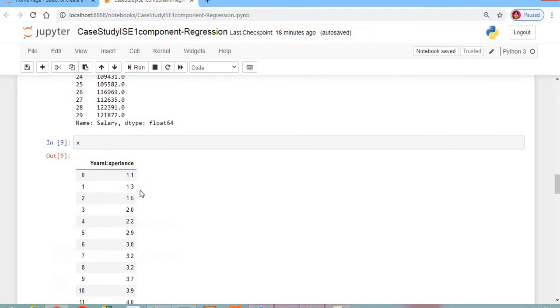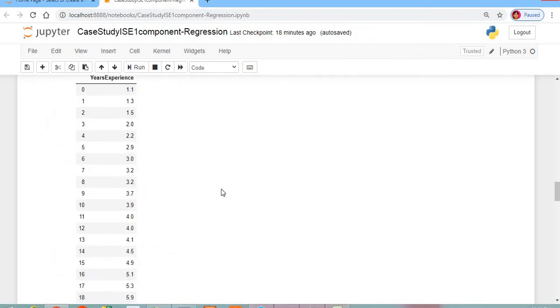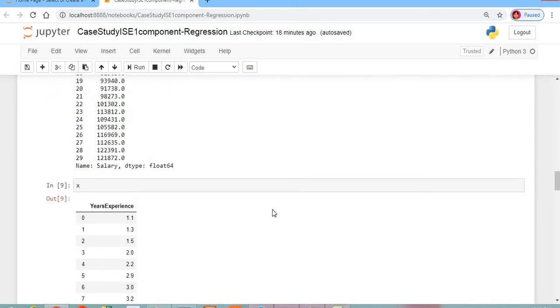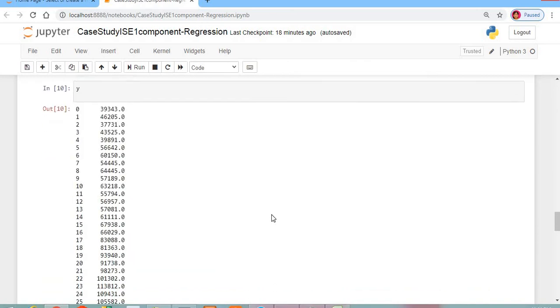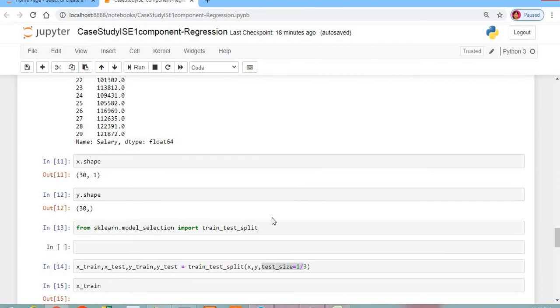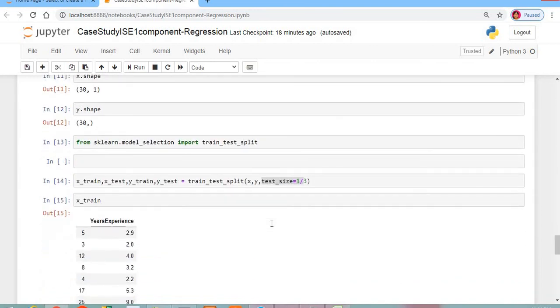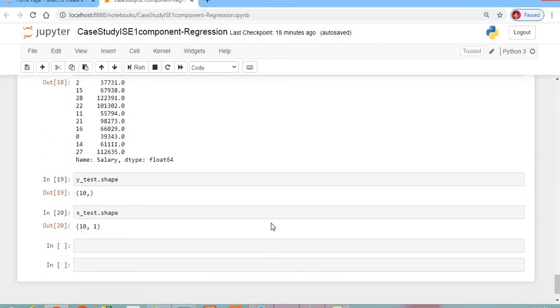Once we have separated x and y, we need to analyze why. On the x axis, what is there? A time factor, which is years of experience. On the y axis, what is the factor? The salary which is drawn by the person. So likewise, we have separated it out. We have performed train test split on the data set. Okay. So half of the task is done.